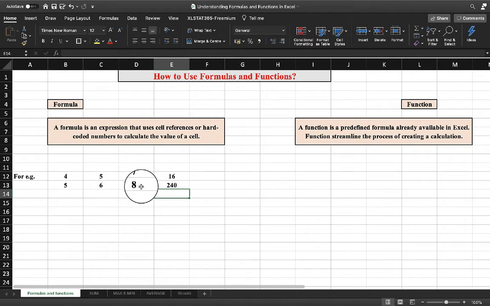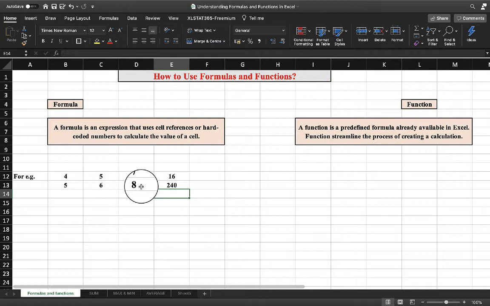Sometimes a simple formula is all you need to get the right answer, but you can do a lot more by using functions. A function is a predefined formula already available in Excel. Excel has more than 400 functions, and every time Microsoft releases a new version of Excel, more functions are added. Functions can do complicated calculations that would be time consuming.